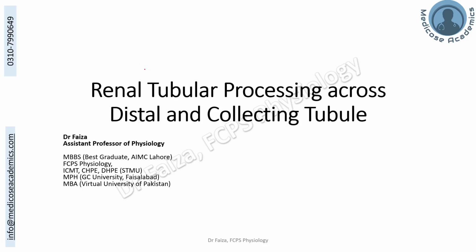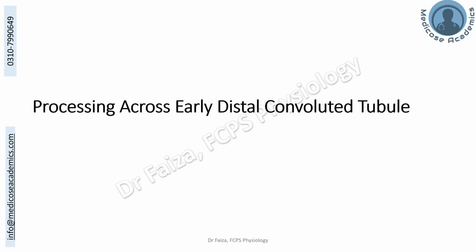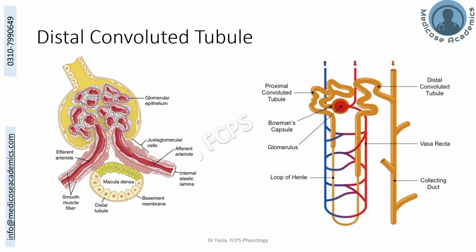Renal tubular processing across the distal convoluted tubule and the collecting tubule. We will be looking into the importance of different transporters as well as the clinical correlations of transport across these different tubular segments. So starting from the early distal convoluted tubule, as you can appreciate in this image, the importance